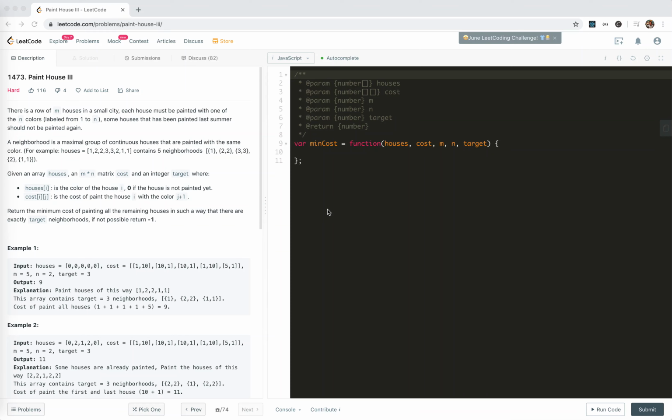How's everything going? In today's video, I'm going to take a look at 1473 Paint House 3. Actually, I did this in today's live contest, but I didn't make it. I tried the backtracking solution, and it cost too much time. And of course, I met TLE. It actually worked, but it's very complicated, and